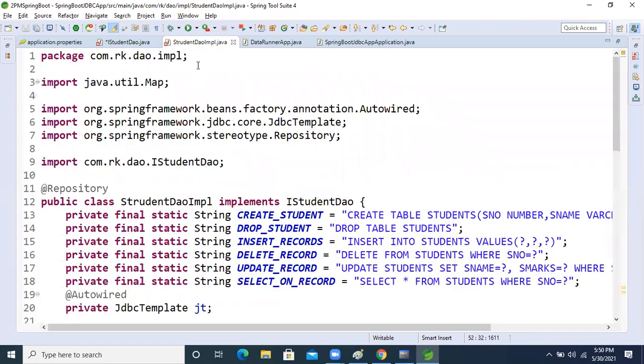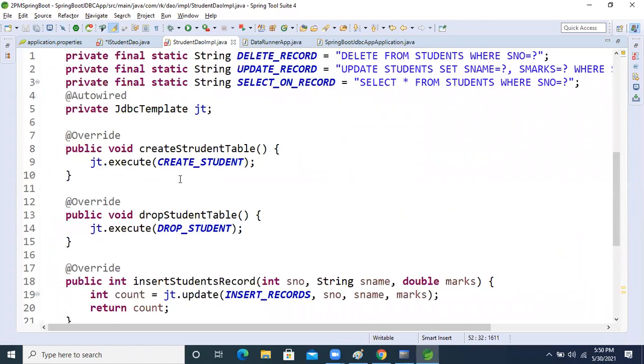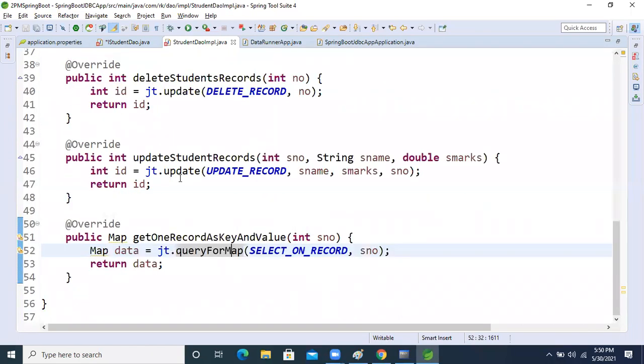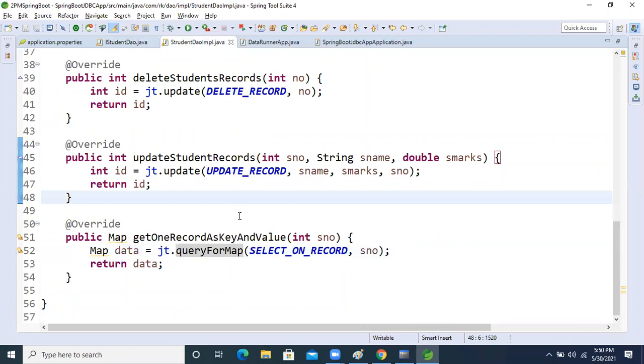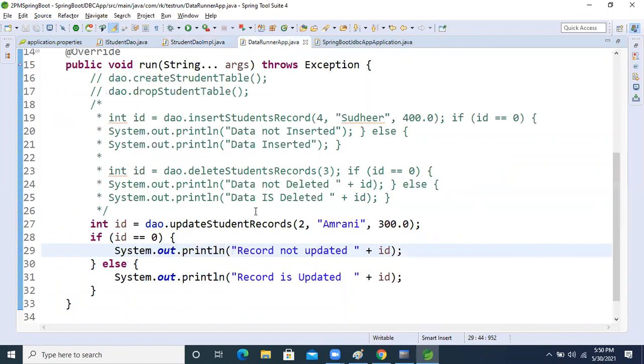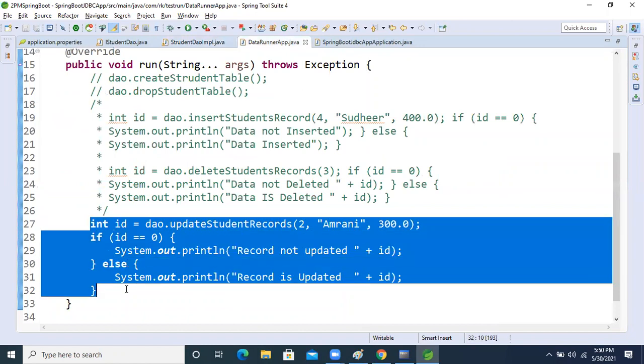So now let's come inside that. Error is showing now. I think we need to save the interface. Okay, yes. Correct. So come into the runner class, right?